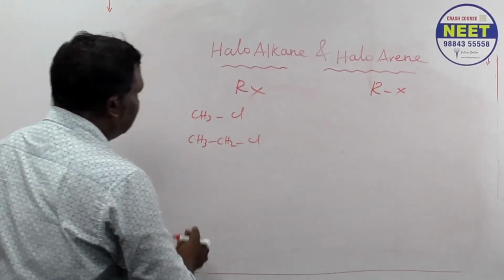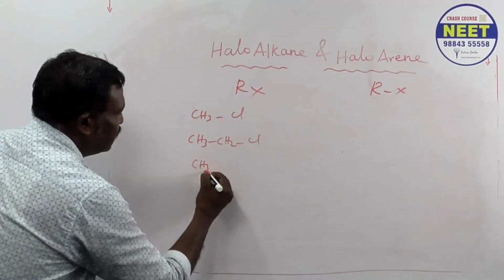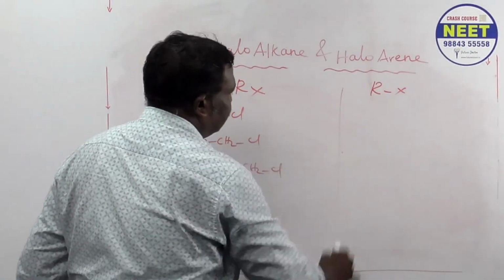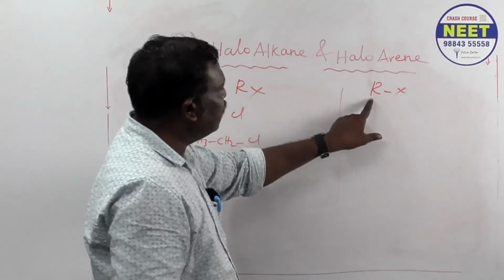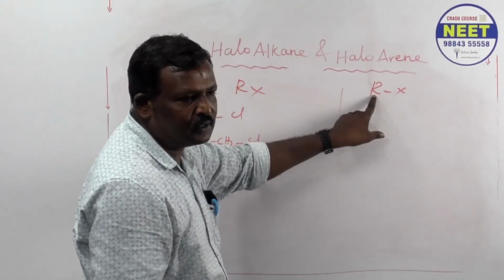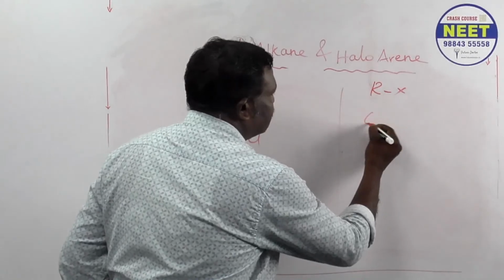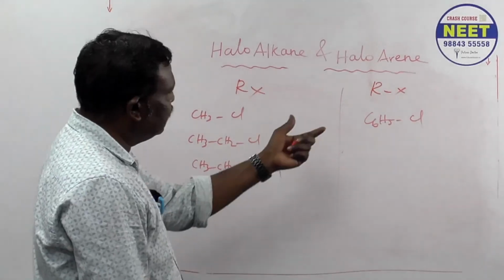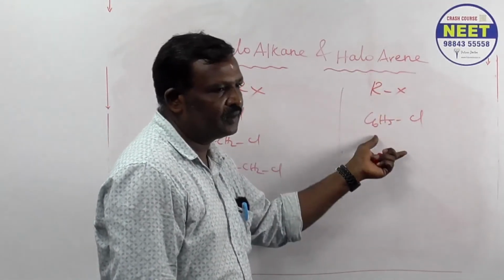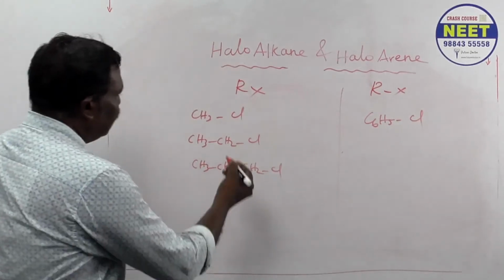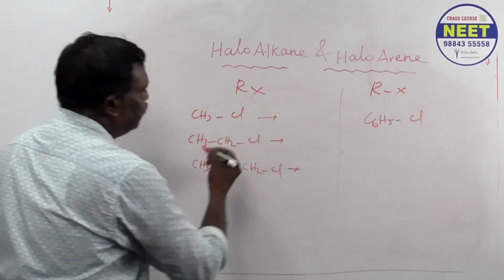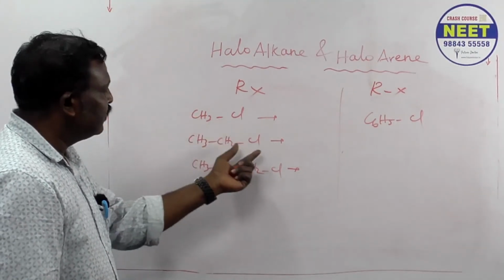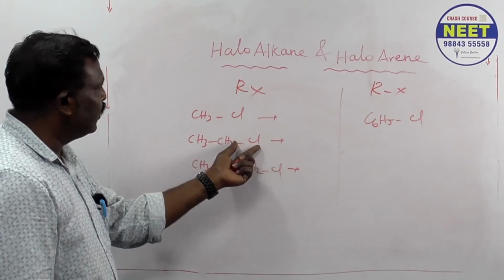We have the IUPAC name also. So here CH3CH2CH2Cl. Understood? Here haloarene means instead of R we can substitute what? Ring. C6H5Cl. So this is the first aromatic haloarene. What is the name of this compound? Chloro methane, chloro,